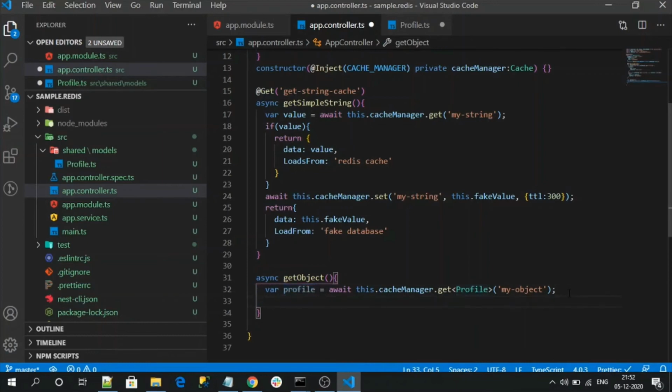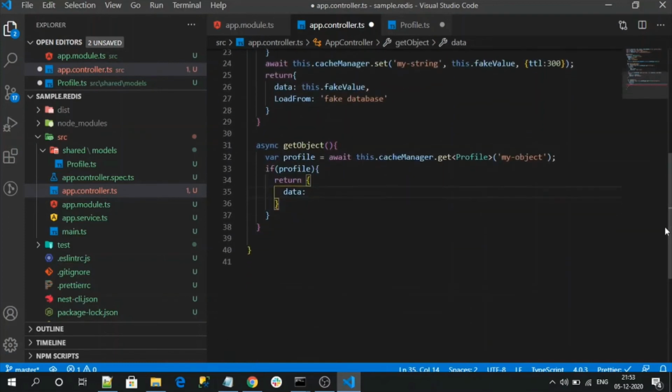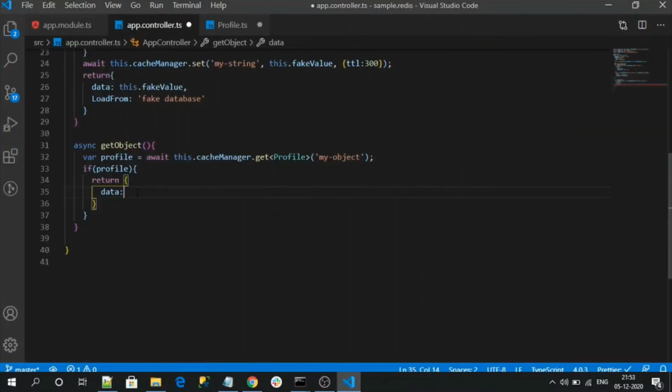Next we need to check that the profile is not empty. If the profile is not empty, in a similar way, data equals profile loaded from Redis cache. If the data is not there, then we need to fetch from our data source. Here my data source is my fake object. So let me first save that fake object into the Redis store.